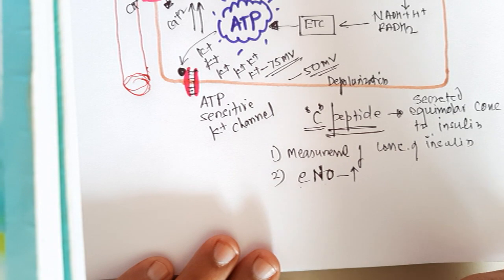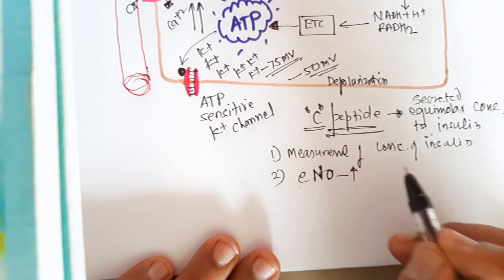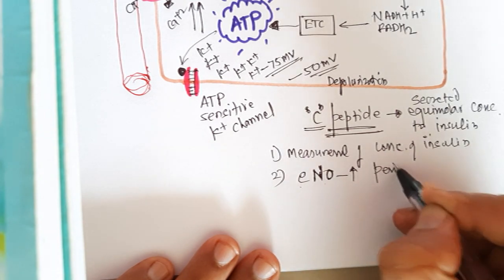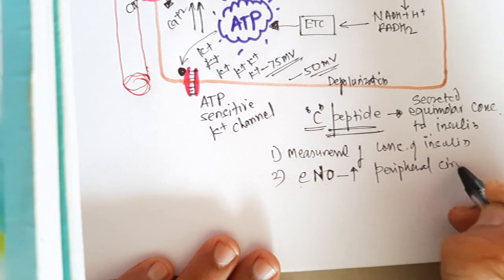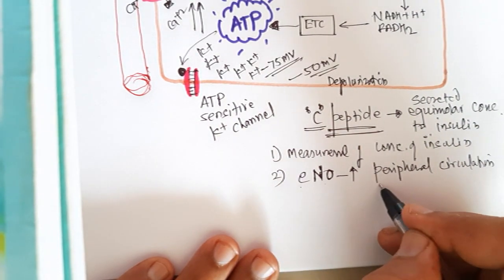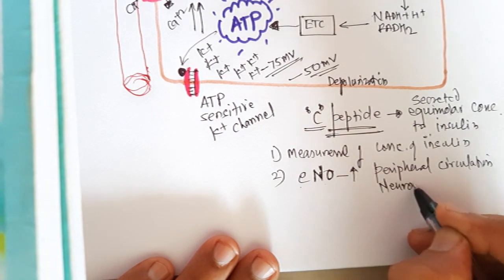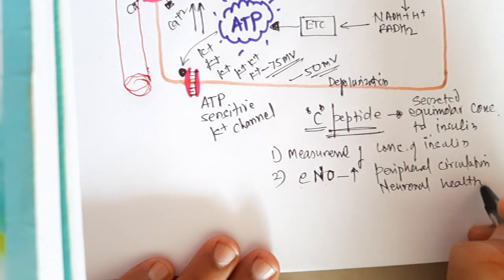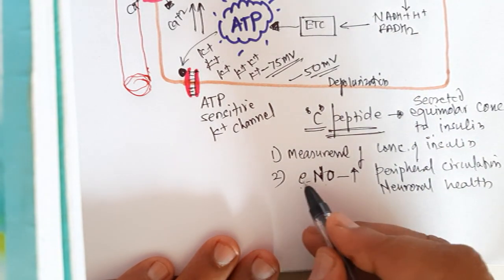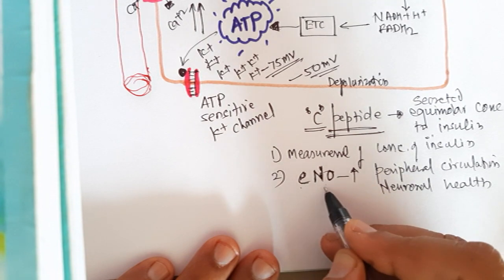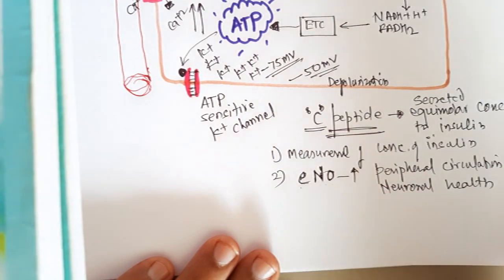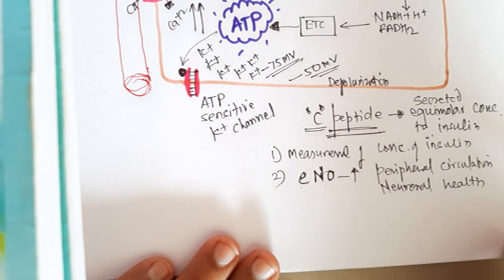It dilates the capillaries, and it is important in the peripheral circulation. And also it is for neuronal health. So peripheral circulation and neuronal health are maintained by this endogenous endothelial nitric oxide, and which will prevent